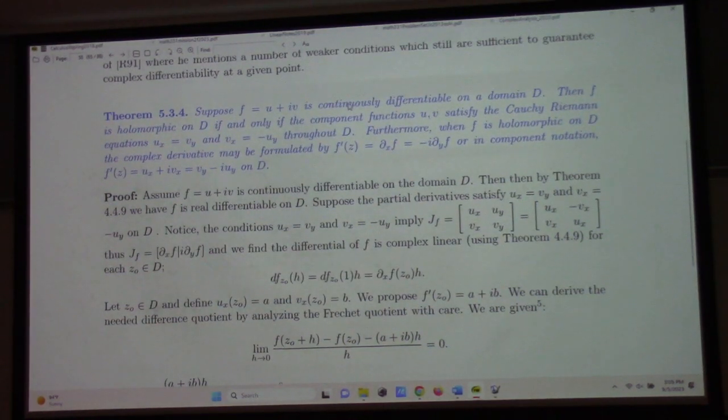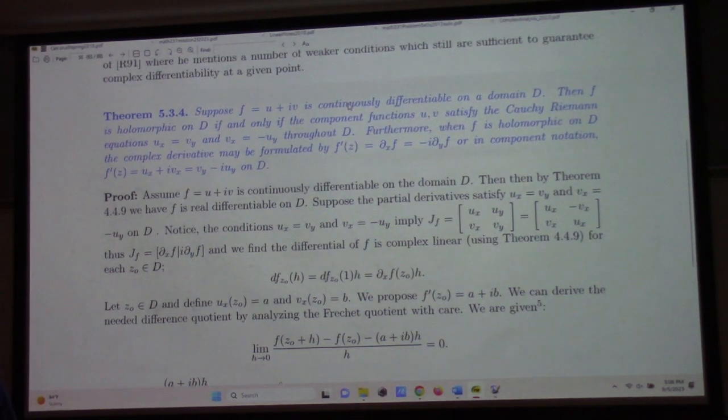If f is continuously differentiable, and that's the thing I proved last time, on a domain D, then f is holomorphic on D if and only if the component functions satisfy the Cauchy-Riemann equations. The forward implication we were just talking about was the proof with the Caratheodory thing I just went through. The reverse direction,